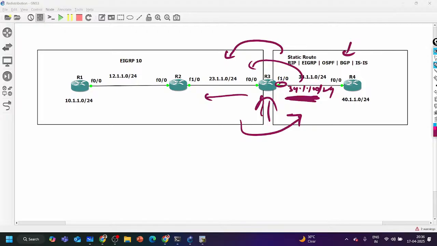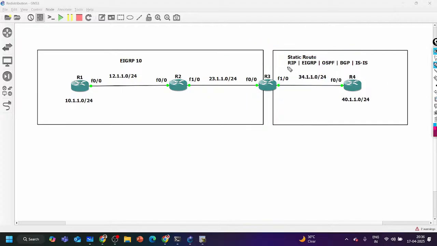If you redistribute this connected subnet, or OSPF, or any other EIGRP AS number, or RIP, OSPF, BGP, ISIS, any protocol into EIGRP, you have to define K values. What is the K1? Why? Actually, you are telling the router that when you advertise this prefix, connected prefix or OSPF prefix or BGP prefix or ISIS prefix in EIGRP, you need K values. I know that. So just use these K values to calculate the metric. Then the router can advertise this prefix. Getting my point, guys? Am I right?